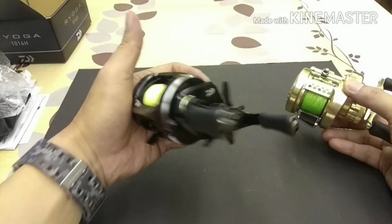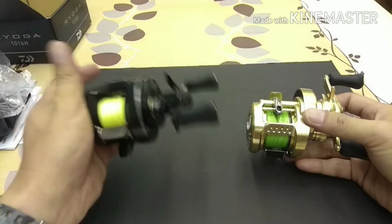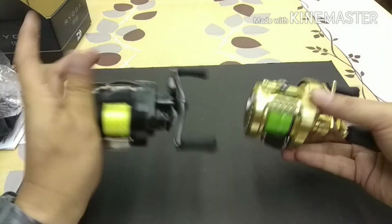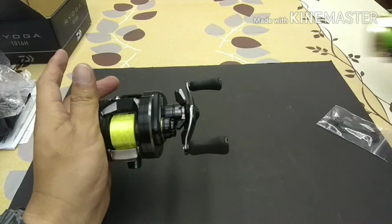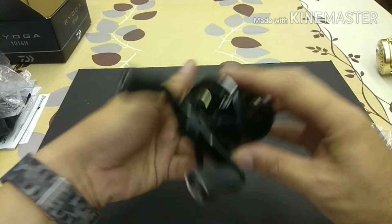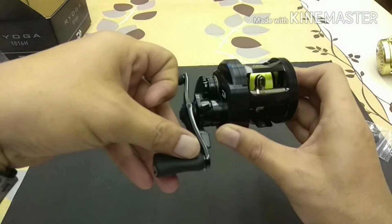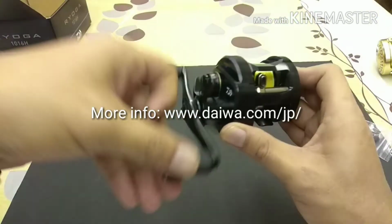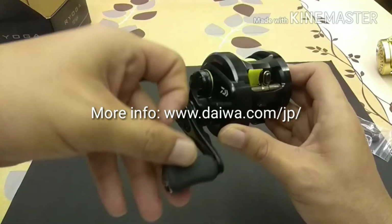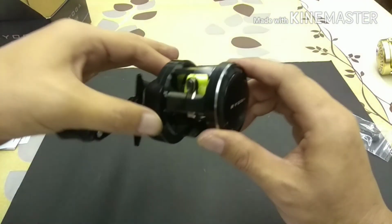Yeah, and well, I like both. Gold versus black. You know, chic versus industrial. Well, if I could call it that. So yeah, this is the 2018 Ryoga. I think you can find a lot of information now online, and there's a lot of reading material that has been released, but everyone's talking about more or less the same thing, the same highlights, what the reel has,